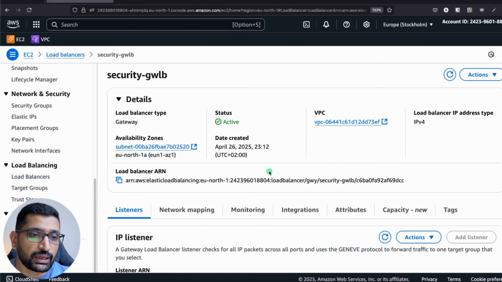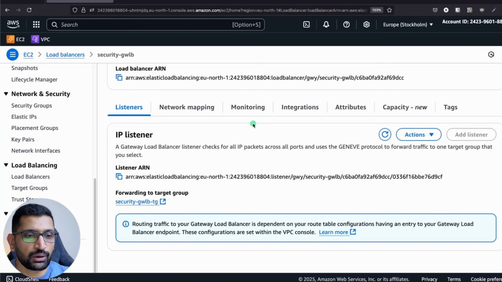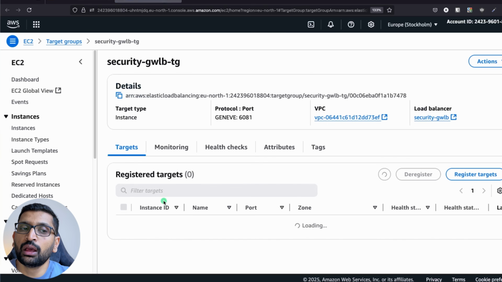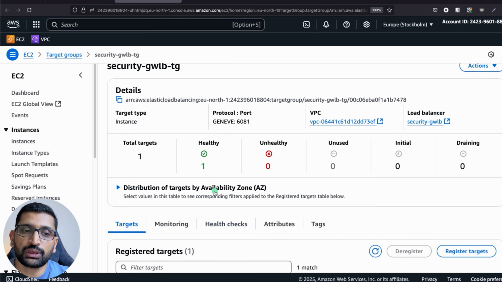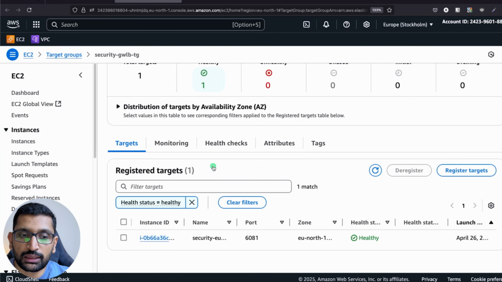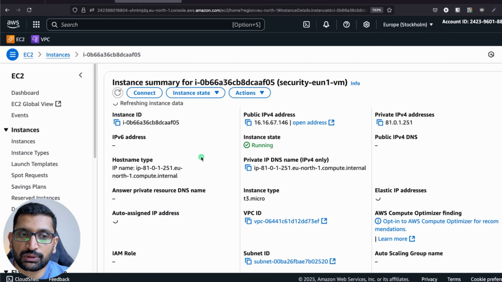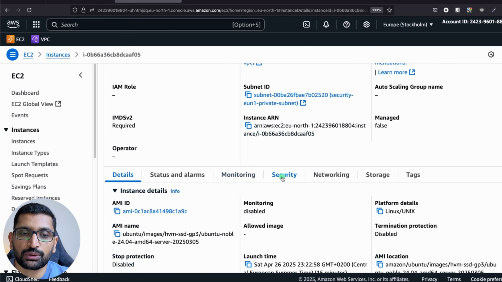So after a couple of minutes, I can see my load balancer is in active state, and the key thing which you need to verify over here is the health status of our EC2 instance. So here at the bottom, click on the security target group which we have created for our load balancer, and the instance state should be healthy over here. And also one more thing, if the instance state is not coming healthy, then please check the instance, which is our EC2 instance, and